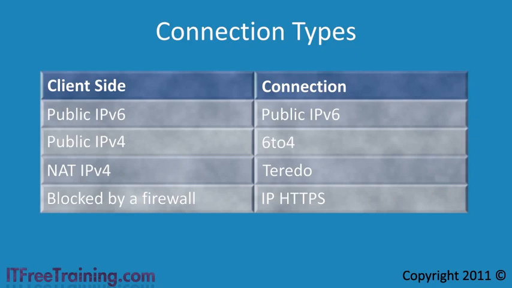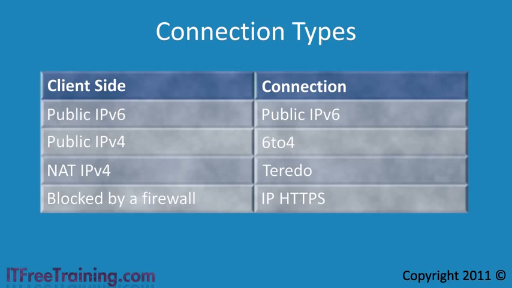If the client is using an IP version 4 address, it will then attempt to connect using a 6-to-4 connection. 6-to-4 does not support NAT, so if you are behind a NAT device, DirectAccess will then use Teredo, which can travel over IP version 4 NAT devices. Lastly, if all else fails, maybe you're behind a firewall, DirectAccess will attempt to use IP HTTPS to make the connection. Now that you understand how DirectAccess works,